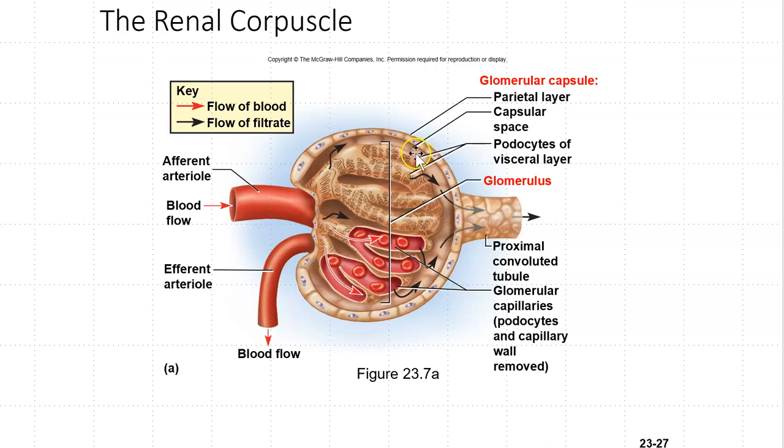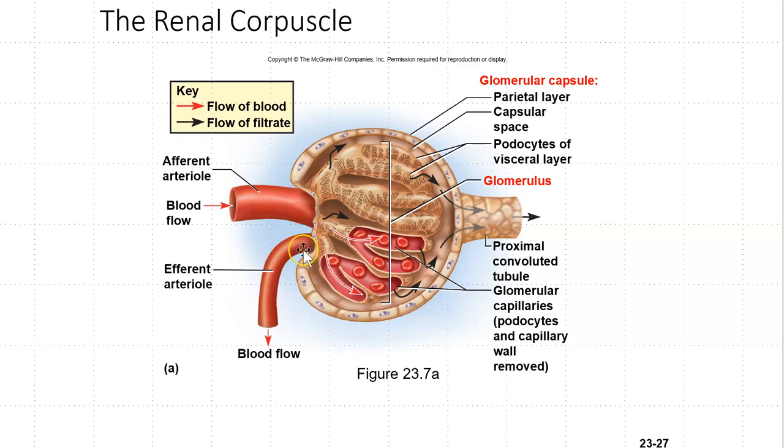So this area over here is called the capsular space, and from the capsular space it flows into the proximal convoluted tubule. Note that in the vascular and urinary poles right over here, the afferent arteriole